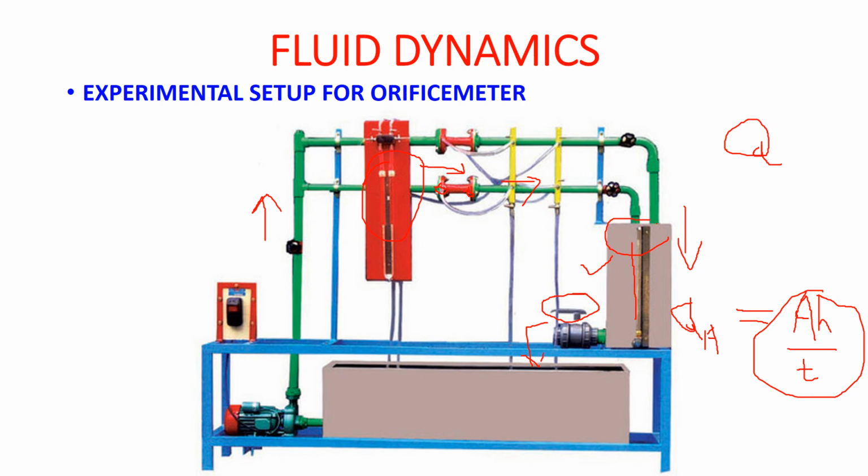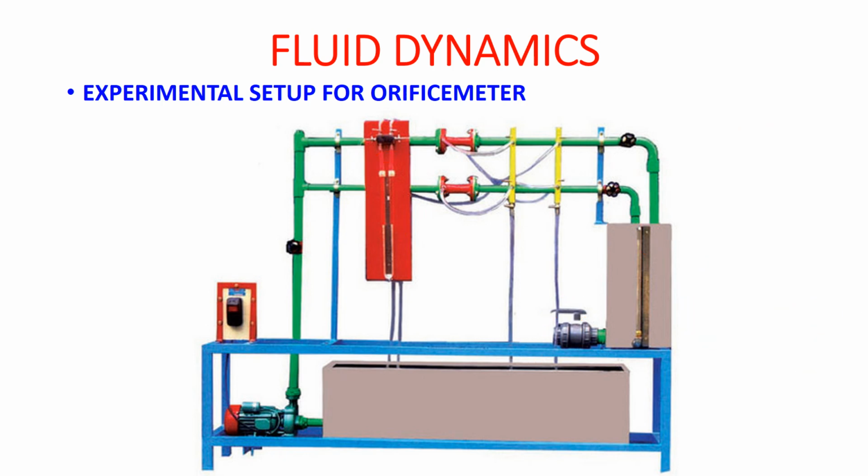We have to control the flow rate here also, but remember that one care has to be taken: when you are measuring this height of the water in this tank, this wall, that is the outlet wall of this tank, should be closed. As soon as you complete the reading of the particular height, then you should open this tank so that all the water will go to the reservoir again. Okay, because if you don't open this wall, then there are chances that this measuring tank may overflow. Okay, so this is the way in which we perform the experiment.